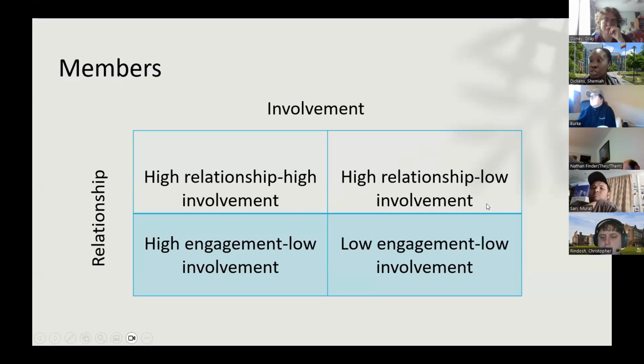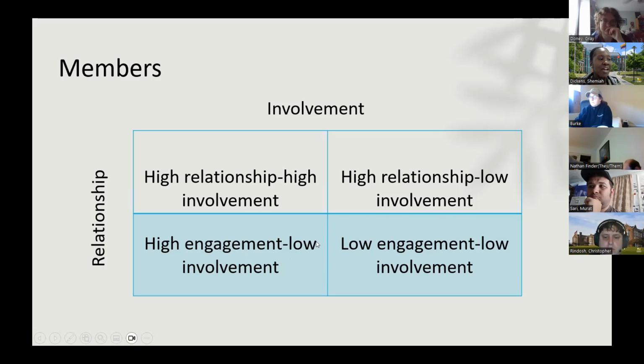So maybe that's someone who is really great relationships with so many of the members, but maybe can't be involved in the same way that they used to, right? Maybe they're a senior, they have internships, things of the sorts, or maybe that's just their personality. They love the organization, they love what it stands for, but they maybe haven't figured out what their fit necessarily is. Then we have in this other quadrant here, our lower quadrant here,